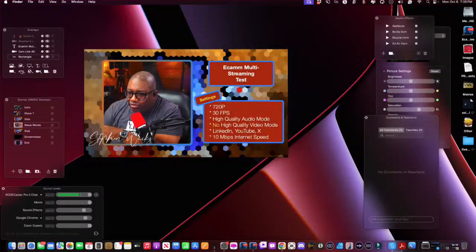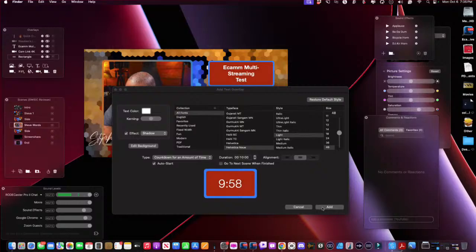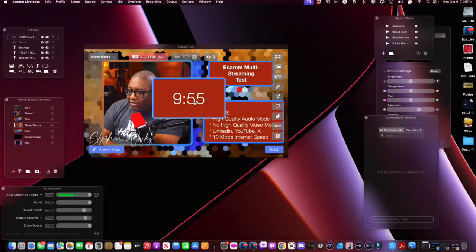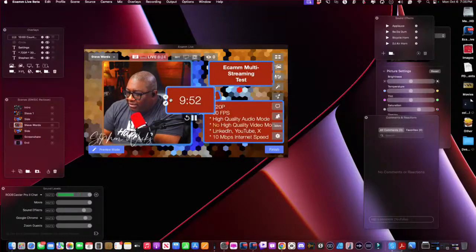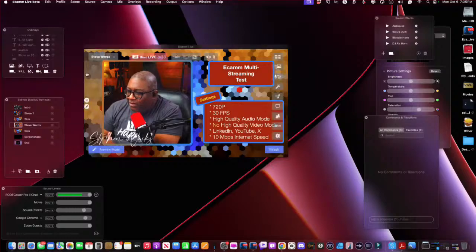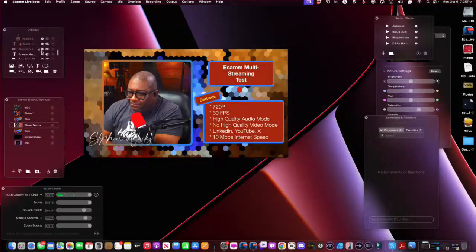You can add some pretty cool overlays. You can add a timer, put that on there. I have that timer on the opening scene there, the countdown. You can add a super cool timer. What else can you do over here? You can add widgets and video and text boxes and animated things you can add to it. It's pretty cool what you can add. Let me see if I have anything loaded up here to show you that might be cool.